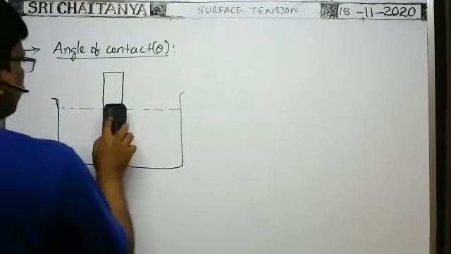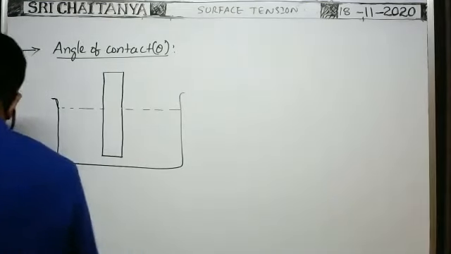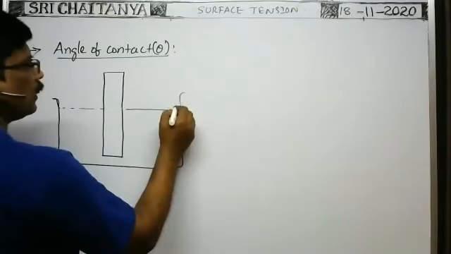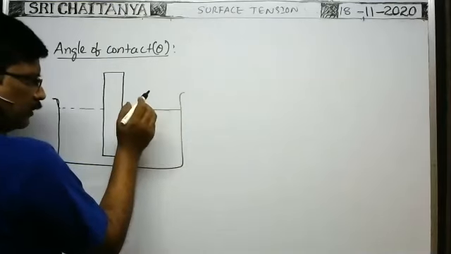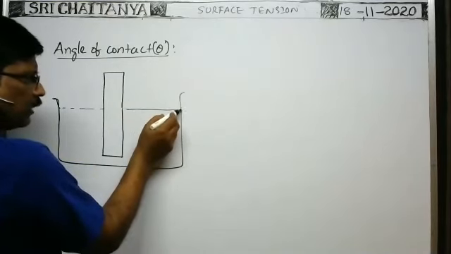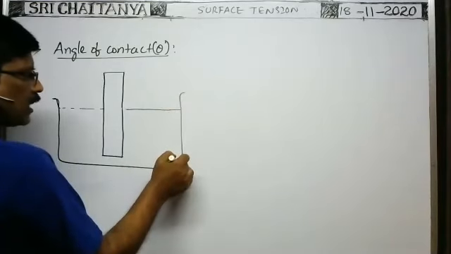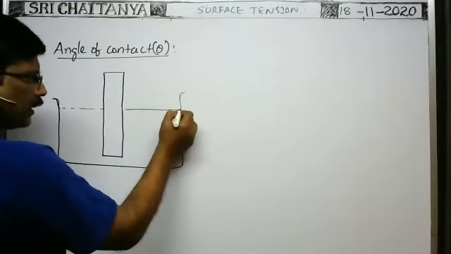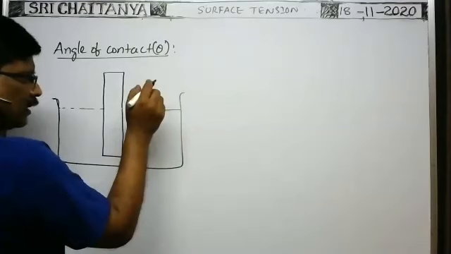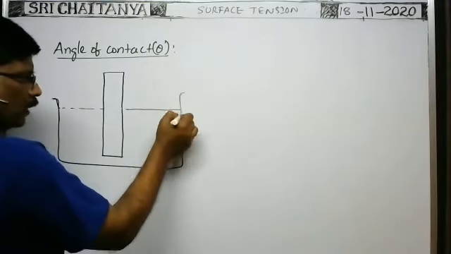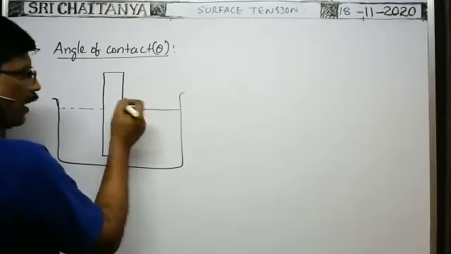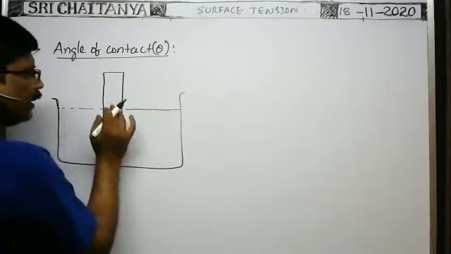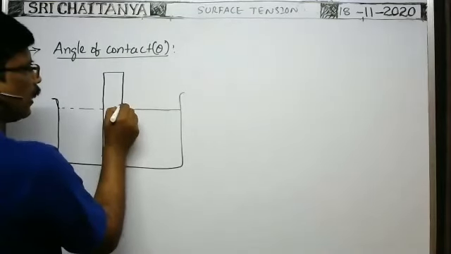At the place where the glass plate or glass rod is in contact with the surface of the liquid. Of course, ఇది కూడా glass beaker అనుకోండి. At the point of contact where the liquid surface is in contact with the glass beaker or this glass rod, when you observe keenly, ఆ సర్ఫేస్ మనకి ఈ టైప్ లో ఎట్లా ఉంటుంది, కర్వేచర్ గా ఉంటుంది.